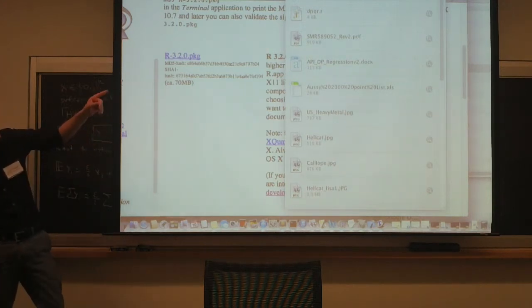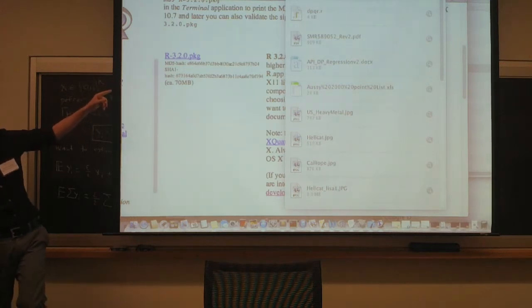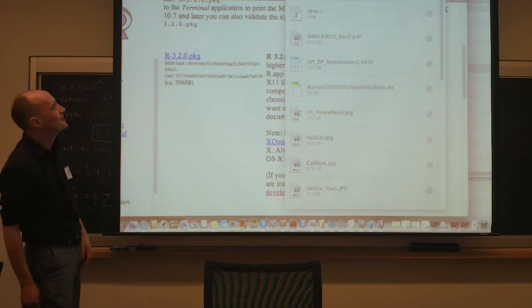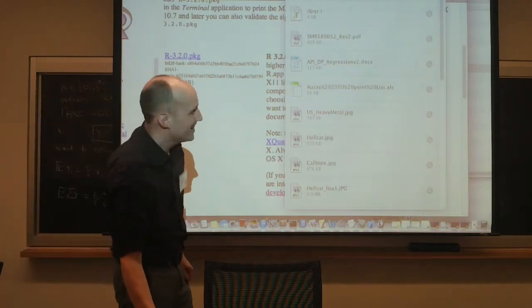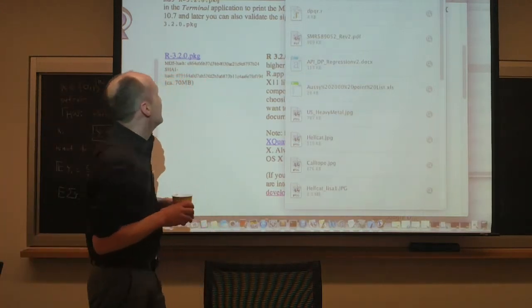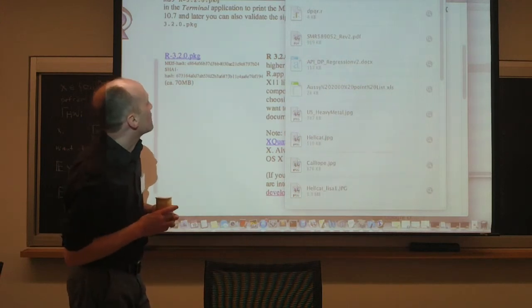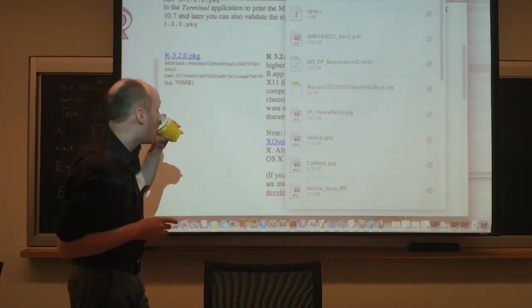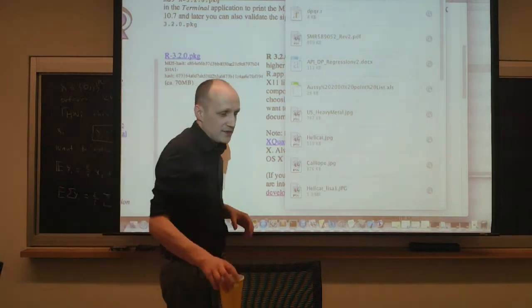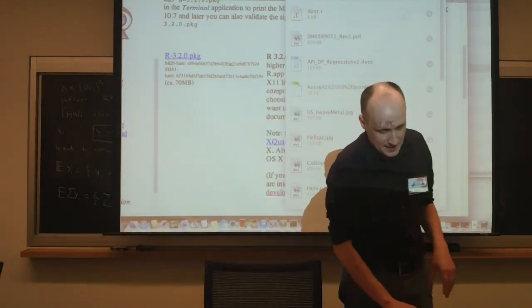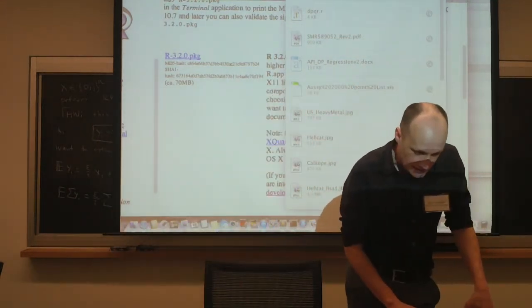Is everybody who wanted to install R getting the download to come? Is it as slow for everybody? I don't know. What's that? Mine was really quick. Okay. I've upset the powers that be enough that they've throttled back my machine, or somebody's sniffing my packets or something. I don't know. All right, so I'm downloading R.